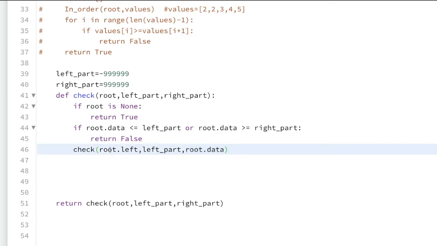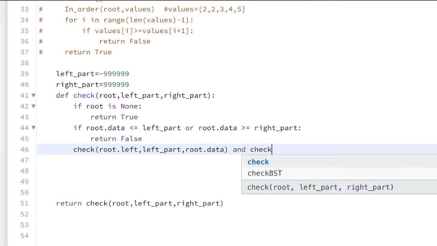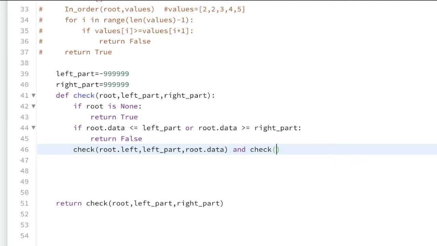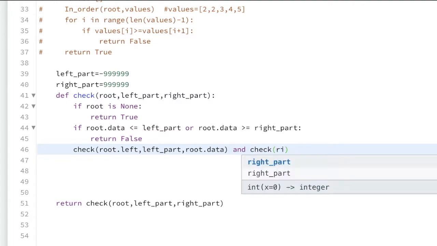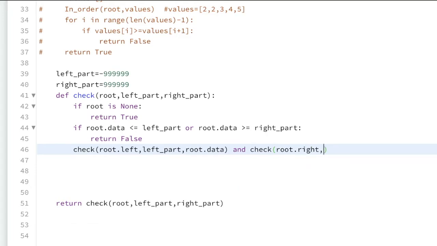Now this one is for left, and at the same time right should also return true. So for right we have to pass root dot right as our node, and for the left part it should be root dot data, and the right part should be the right part as same.